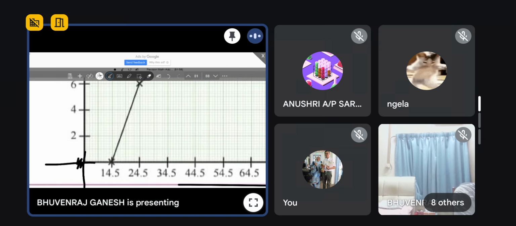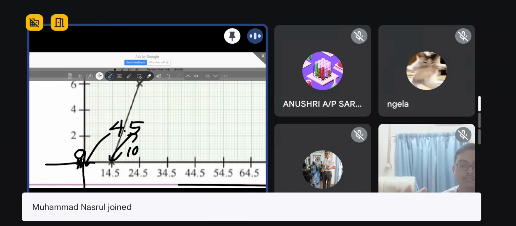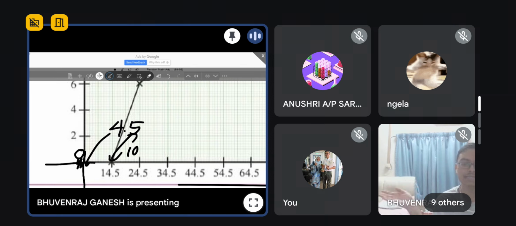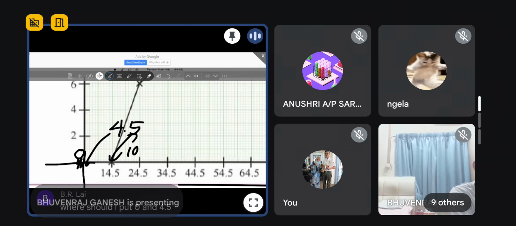This 0, you put on top, which means that is for the y-axis. This value here for the x-axis, what value will you put, guys? 4.5. Am I right? Then only the difference is 10. Correct? Then your scale is seragam already. Everything is equal. Plus 10 until the end. Do you all understand? So if you want to indicate clearly, you just draw a line and put the 0